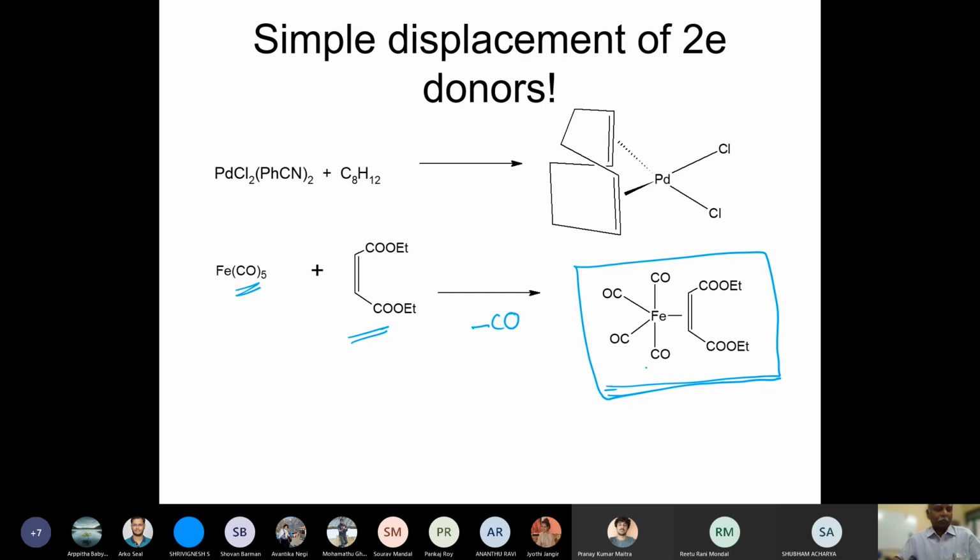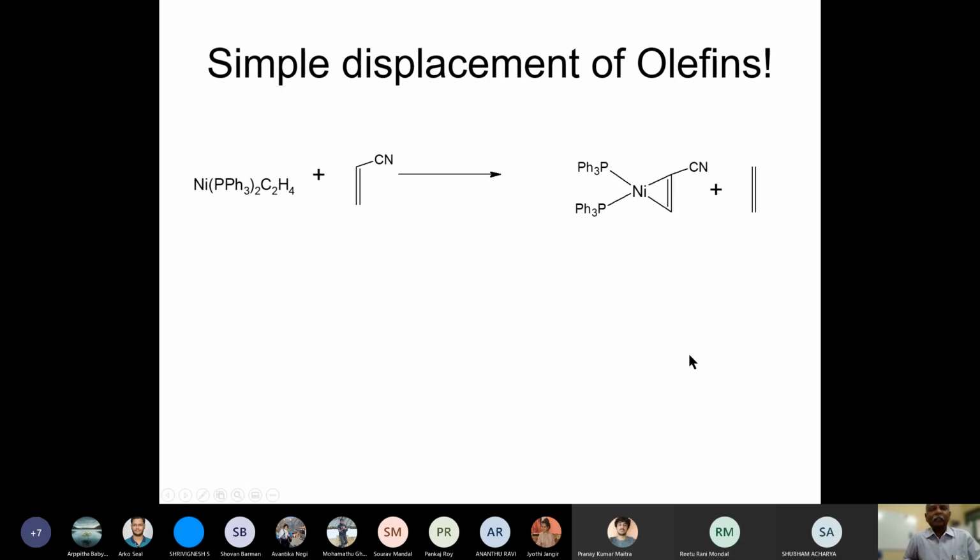Here again is a substitution reaction. So I think we have considered several synthetic methodologies. Here I am displacing one olefin with another olefin. C2H4 is displaced with cyanoethylene, and I had a reason for it. The reason for showing you this reaction is that ethylene is not as good a pi acceptor as cyanoethylene. Cyanoethylene is a better pi acceptor, and so it displaces the ethylene. So this complex is formed in preference to the olefin complex. We'll comment on this a little later again.